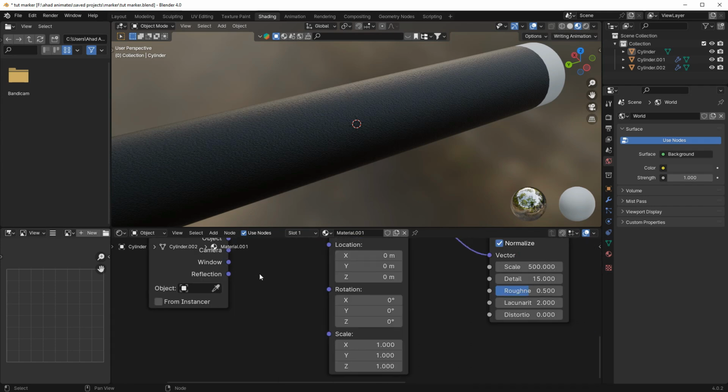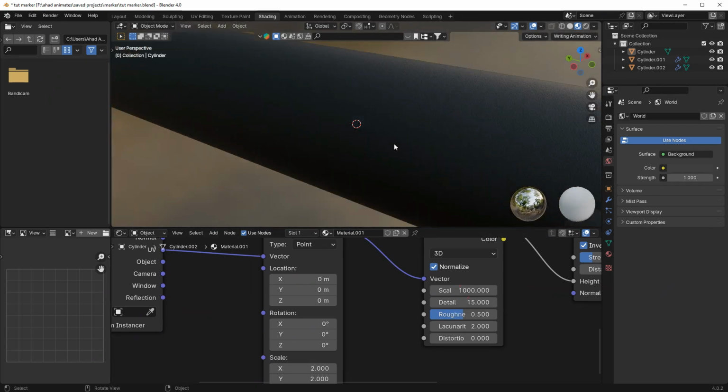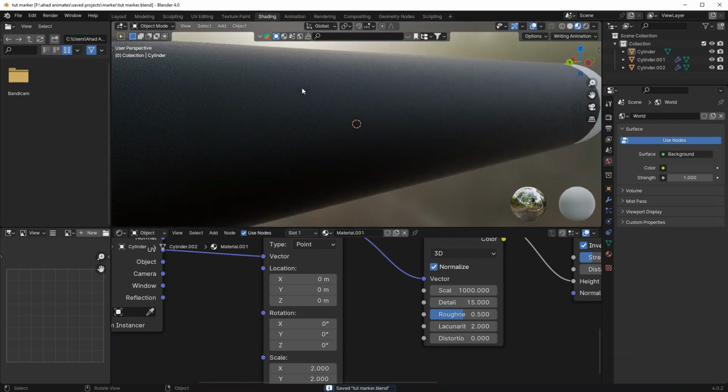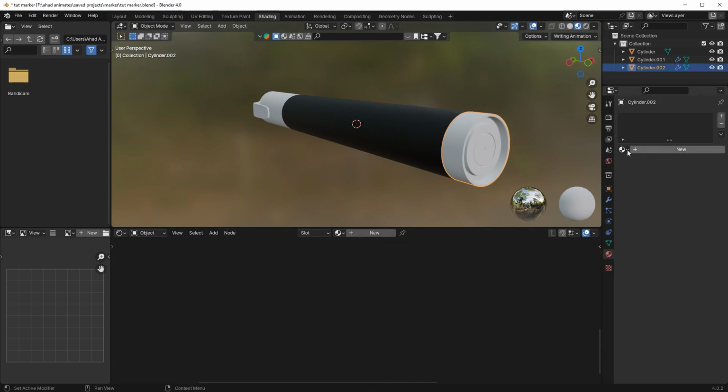Alright, now same over here, change the scaling to 2 and the scaling over here to 1000. Alright, this is nice. Now give the same texture over here,